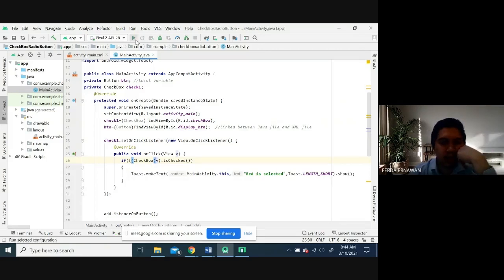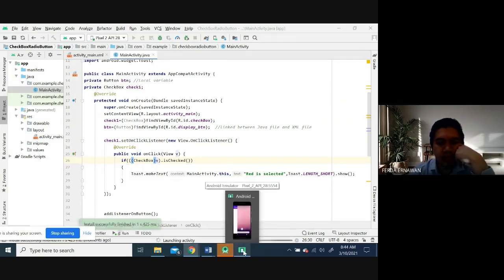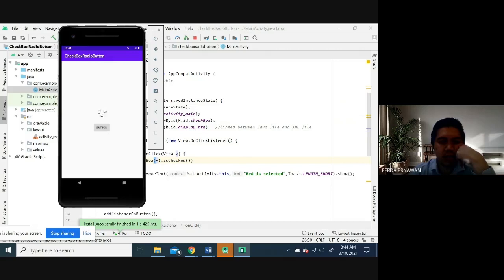Okay, let us run the application. Click, red is selected. Untick, nothing. Tick, red is selected.